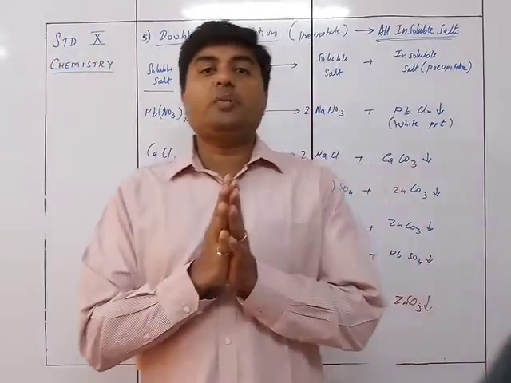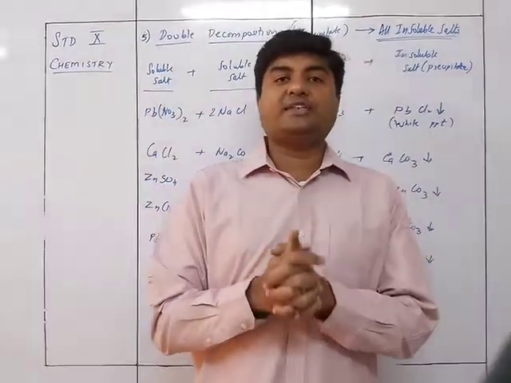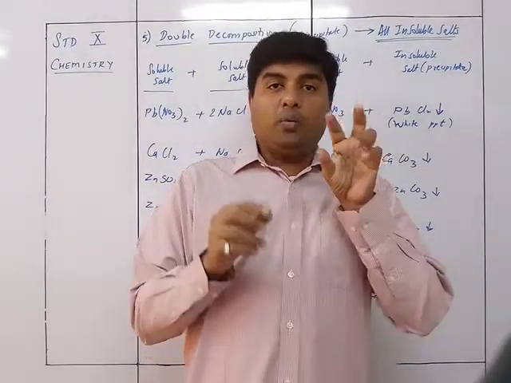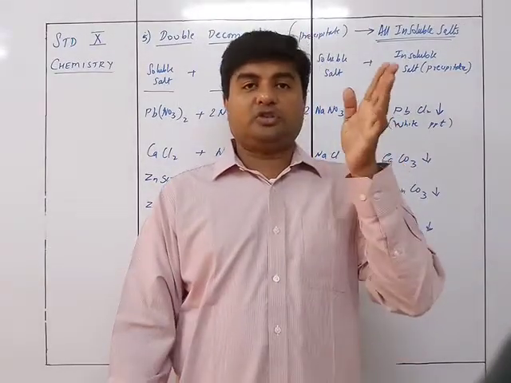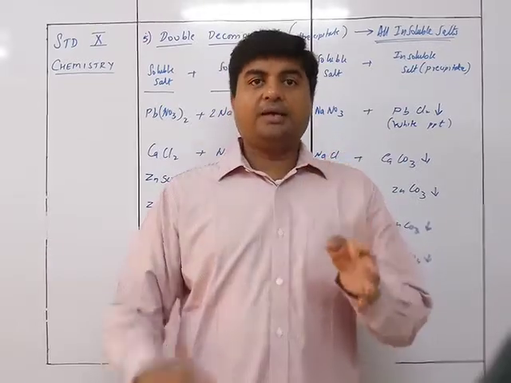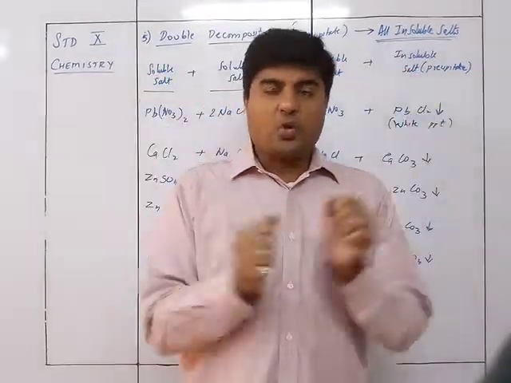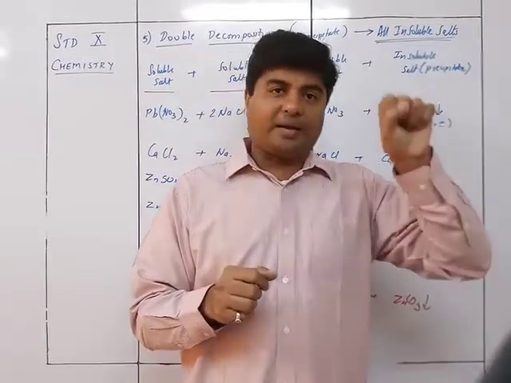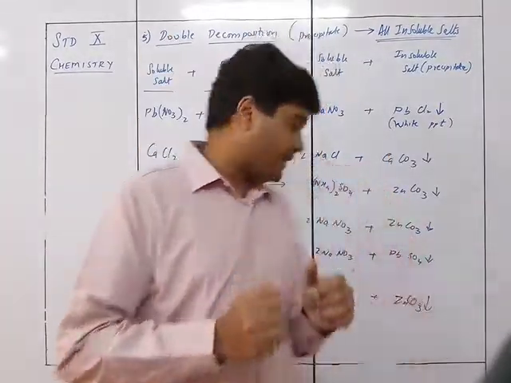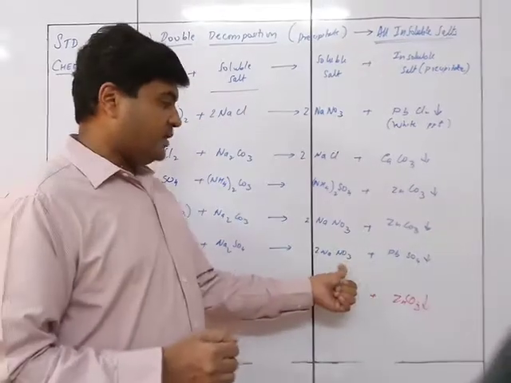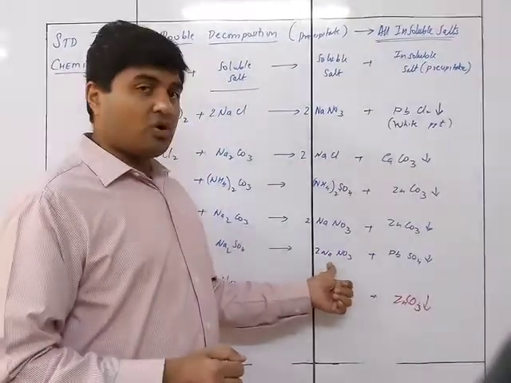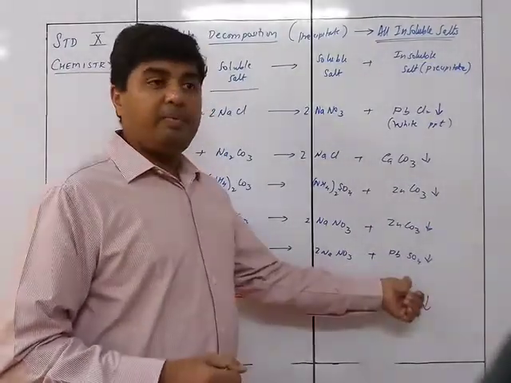The reaction should be such that, in a double decomposition reaction, one compound should be of a strong and weak and another should also be of a strong and weak. So accordingly, both strong will come together, one strong metal and one strong non-metal will come together to give you this. See, NaNO3 is Na strong, NO3 strong. Pb and SO4.